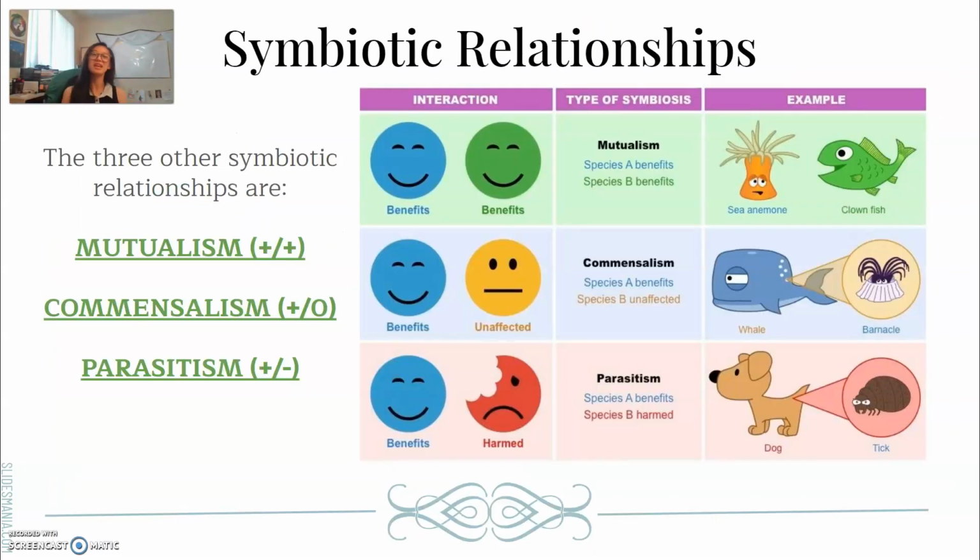All right, cool. Lastly, symbiotic relationships. These three we focused a lot in bio: mutualism, commensalism, and parasitism. So mutualism, like having mutual friends, both people benefit. Mutualism is when you have two species, for example, a clownfish and a sea anemone, just like I love Finding Nemo. Both of them benefit, right?